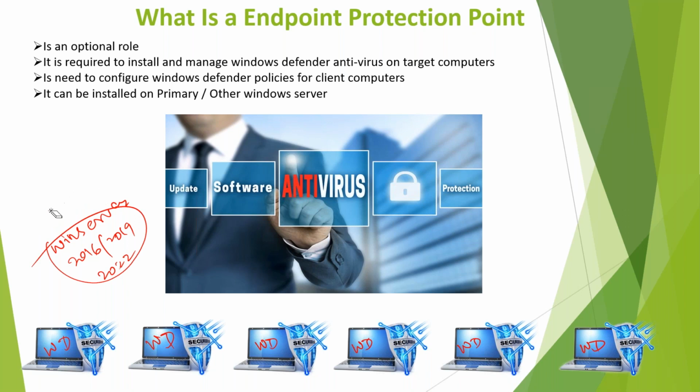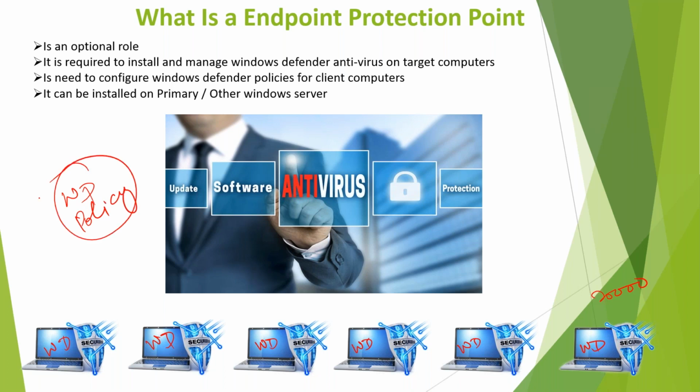Now, who will control this antivirus? Suppose I have like 20,000 machines and all of them are Windows 10 or Windows 11. It's a mixture of both of them. Now I would like to create a policy for Windows Defender, how it should behave in the machine, when the machine should get full scan, quick scan, what it will do when it finds any virus, will it scan the email attachment or not, should it scan the USB or not, should it send the notification if it finds any virus. So all the policies you can do it through